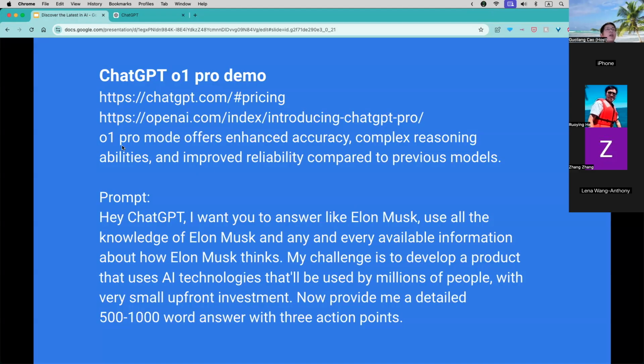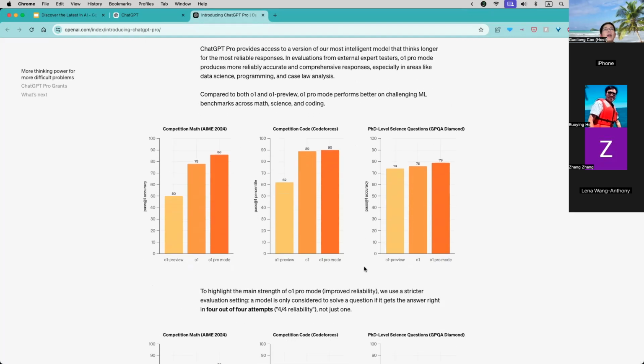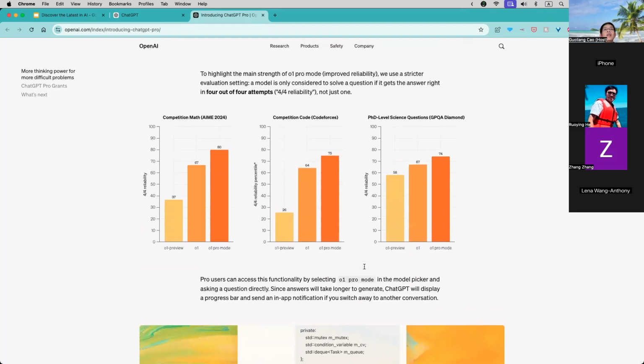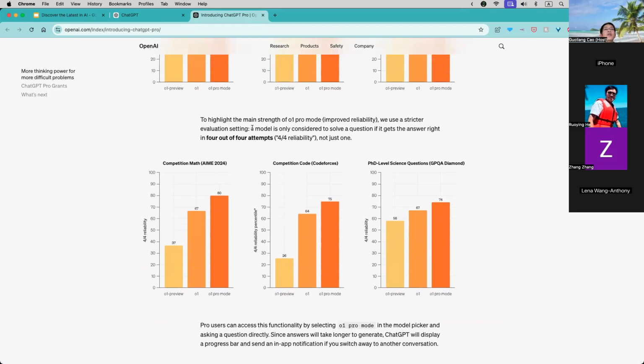The O1 Pro mode is supposed to offer enhanced accuracy, complex reasoning abilities, and improved reliability compared to previous models. And they have an interesting way of evaluating how O1 Pro works. Let me just show you here. To highlight the main strengths of O1 Pro mode, improved reliability, we use a strict evaluation setting.